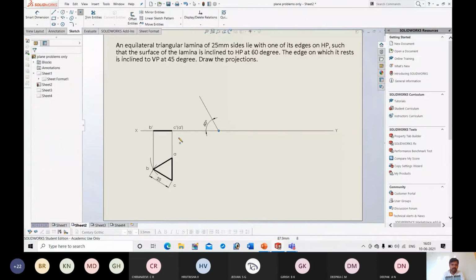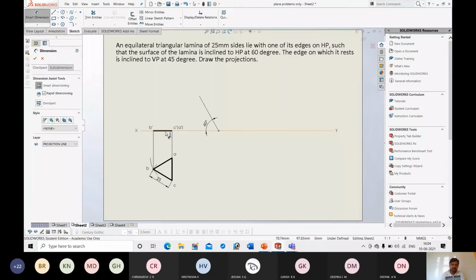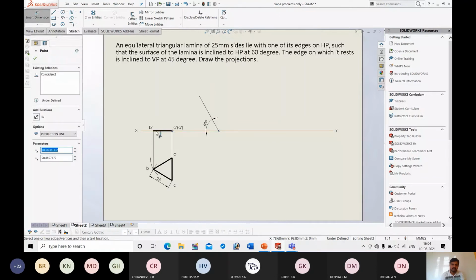Next, this is the point C dash A dash, but we should get point B. You can get it directly using your compass. Keep the needle of the compass on this point C dash A dash and the tip of the pencil on B dash. Take this radial distance between point B dash and point C dash. Keep the needle of the compass here and the tip of the pencil here, cut an arc, you will get B dash. But here in the software, I need a dimension. For you, a dimension is not required. Directly you can get this point using your compass.